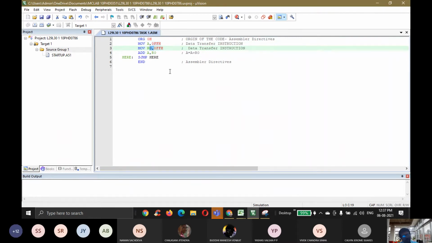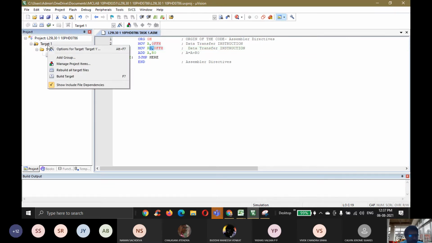So now to run this, to execute this program, we have to link. This is separately I have created. This group project I have separately created. I have to link both the things. To do that, this is a very important step. You have to right click this.